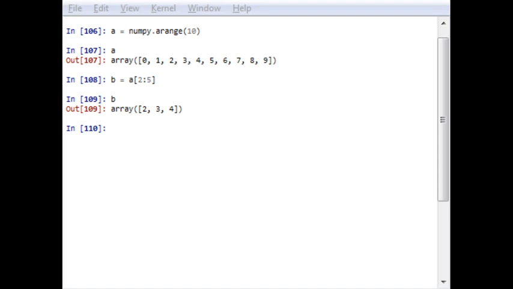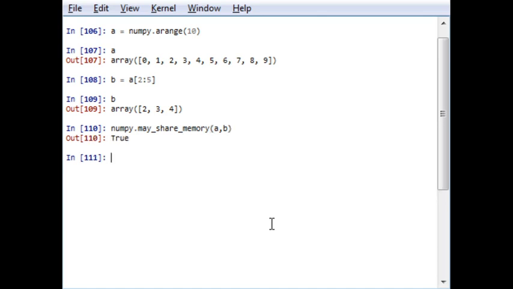So let's say, how much memory space has been required? Is it sharing the same memory space or not? For that, may_share_memory is a function that will give you an output. This particular function will inform you whether A and B share the same memory space or not. So it is True that arrays A and B share the same memory space.